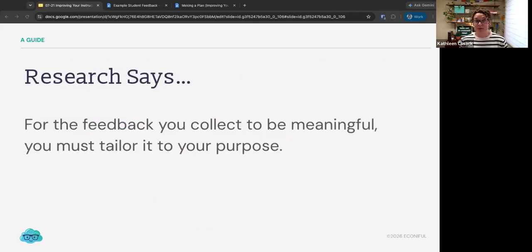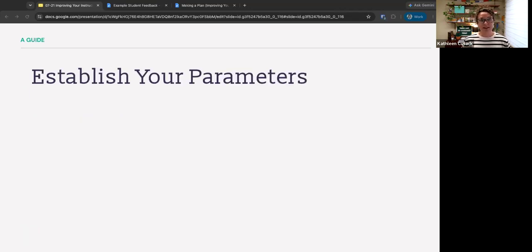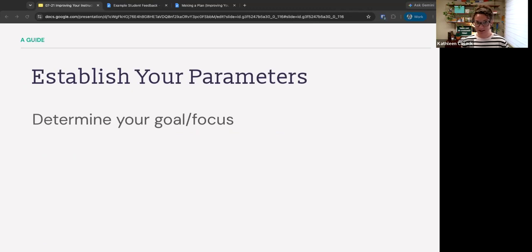So for that cycle to be meaningful, we've got to tailor it to the purpose, which means we need to identify a goal. So we can identify our goal or our focus based on something that's important to us. Otherwise, why are we spending time focused on it, right? So we want to pick something that matters and it's something we're willing to make a change to. If we're not willing to make a change, then we're not going to be able to go through the act